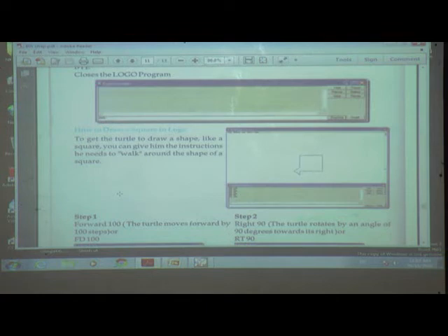But we know a square has four same sides, and a rectangle has two sides same and two sides different. So when we want to draw a square, we must write the four sides same. And if you want to draw a rectangle, we must give input of two sides same and two sides different. Then we can draw a rectangle also and a square also.